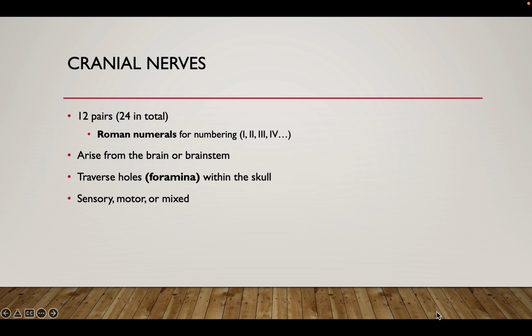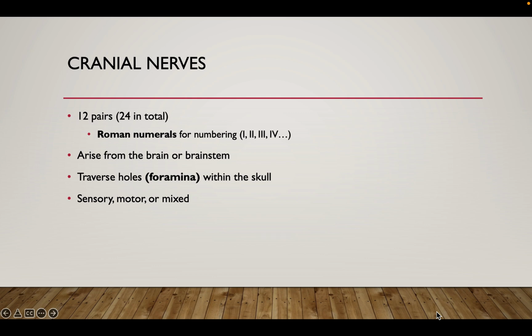One last thing to note about our cranial nerves is that they will either be sensory, motor, or mixed. This means that one individual nerve is either going to contain purely sensory fibers or sensory neurons, meaning that they are leaving the central nervous system going out towards the periphery. So afferent signals. It is going to be either motor, meaning that it is completely efferent. This is signals coming